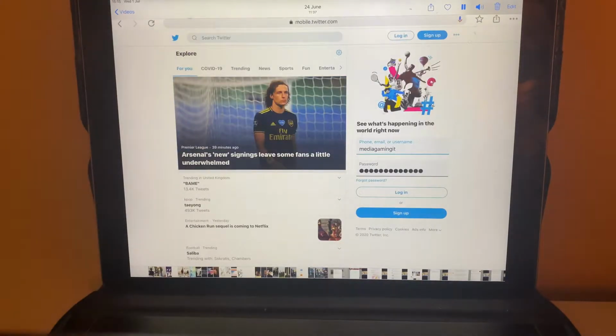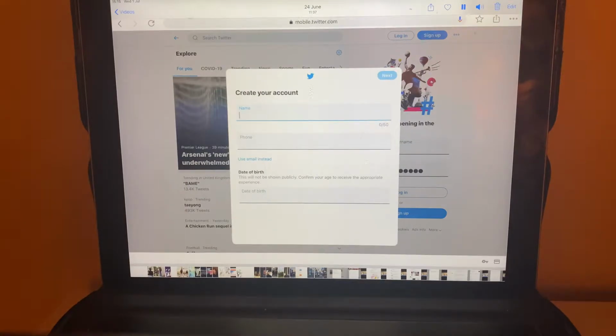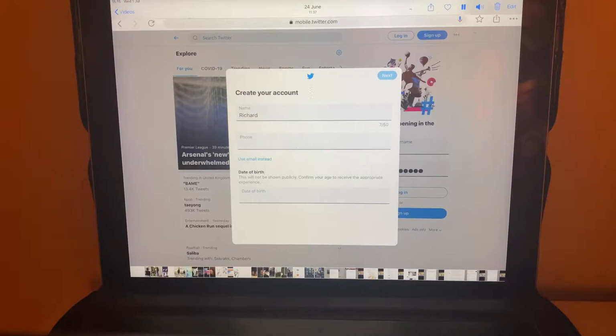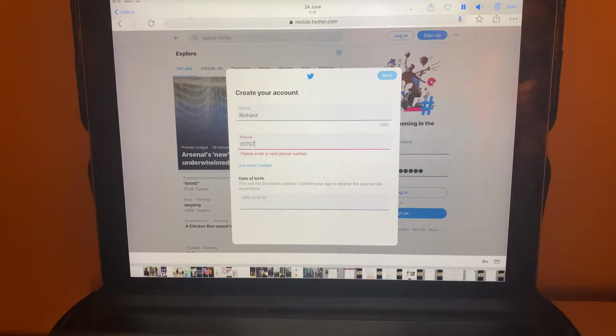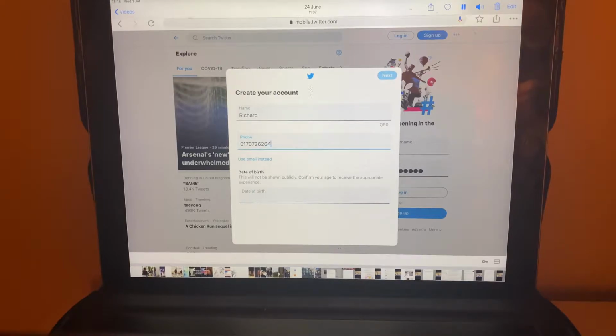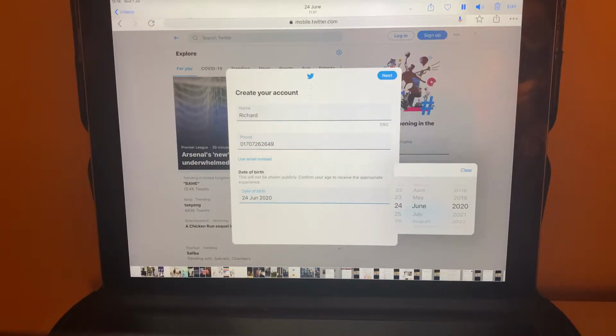and then sign up, and then put your name in there. There's only simple fields you have to fill out on this. I'll put a phone number. I tend to use the email, but as I've already used the email, I'll put a phone number in here because it won't let me use the same email again. So if you've got a couple of emails, you can set up a couple, and then date of birth. If we change that, they don't publish these anyway, but